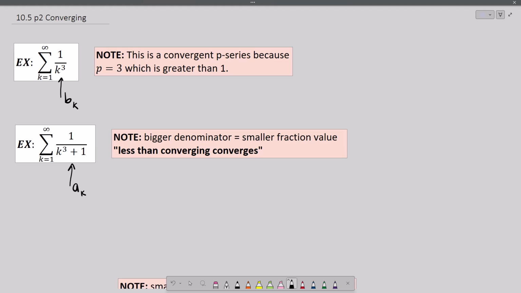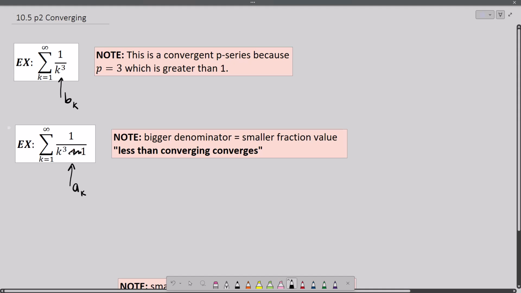What we say to ourselves is, well, let's create a series that's similar to it that we understand. And the way that we create this b sub k series is by getting rid of the fluff. If there's some stuff in here that's insignificant, just ditch it. So if we erase this 1, we think to ourselves, oh, well, this 1 is insignificant. Let's get rid of it. So that is going to put us in a case where we have our b sub k is 1 over k cubed. So you build the b sub k series by taking away the insignificant,